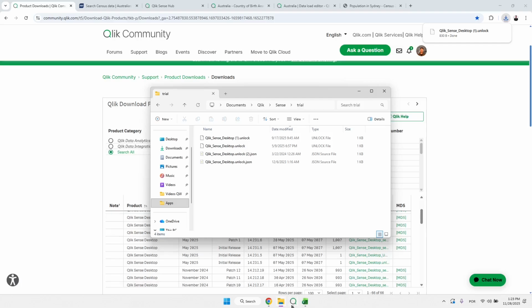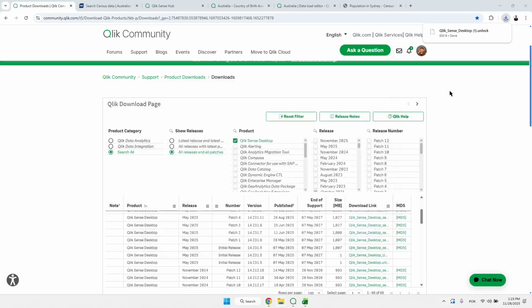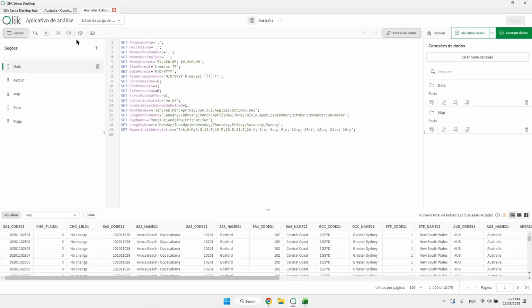Then you can open Qlik Sense Desktop on your computer. And you will see a button on the top right that says Launch. With that, you can start to use Qlik, okay? Now that you have Qlik installed on your computer, you can create a new app. I will not go through all the steps because this will take a very long time. I will just show you, assuming that you know the basics of Qlik, what I did in the script.